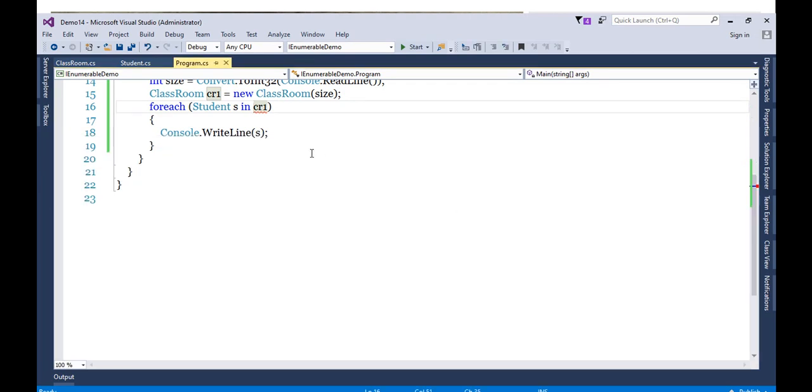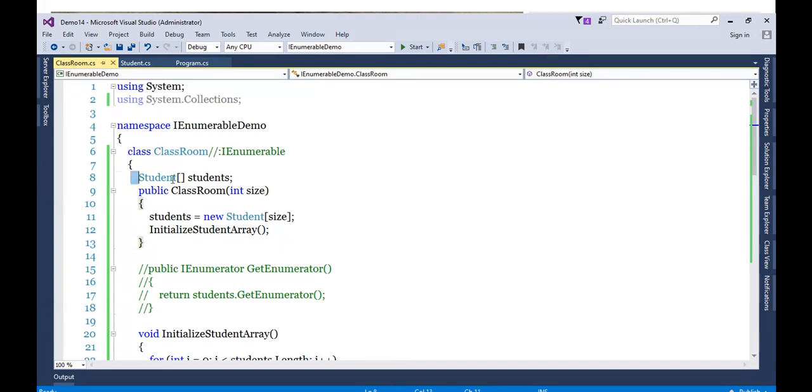Because it doesn't have any knowledge of the student type. What we got in Classroom is a collection of students. The problem for Classroom is how to iterate this, and who will help it? IEnumerable. This is the scenario.